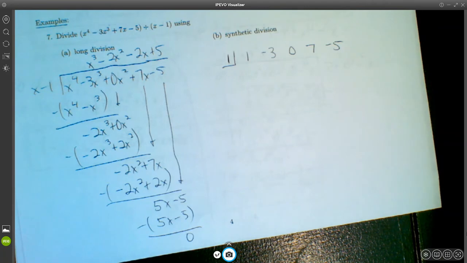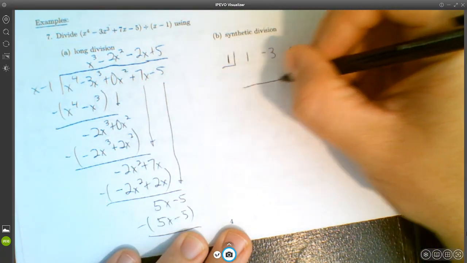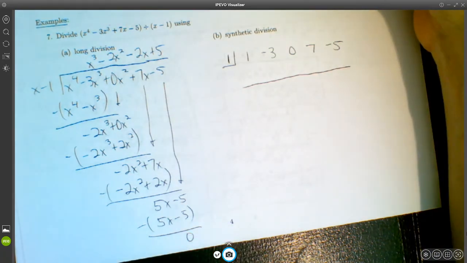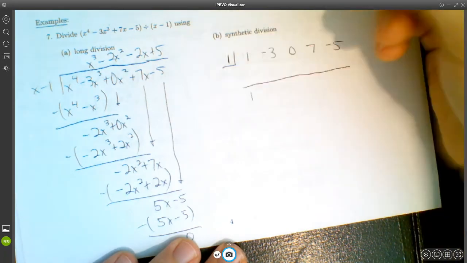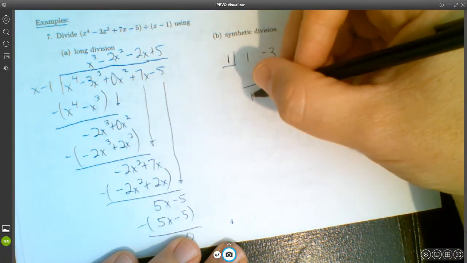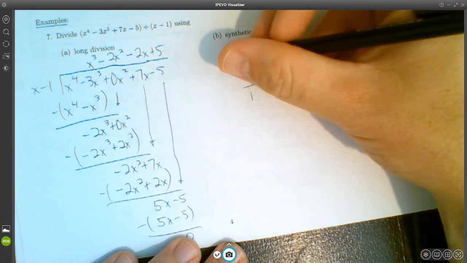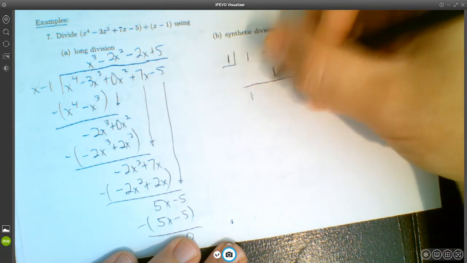Different people have different ways of showing their work here, but what I like to do now is skip a line and then just put a horizontal line here. And now here's what you do with synthetic division. This first number gets dropped straight down. Then you multiply this number times that number and write the answer here. 1 times 1 is 1. Then you add these two things,